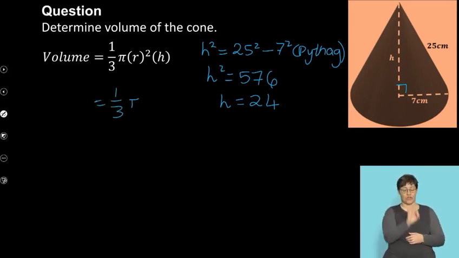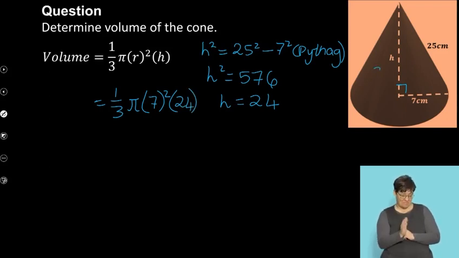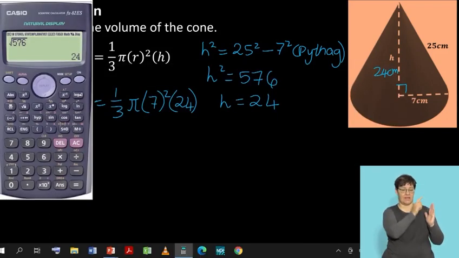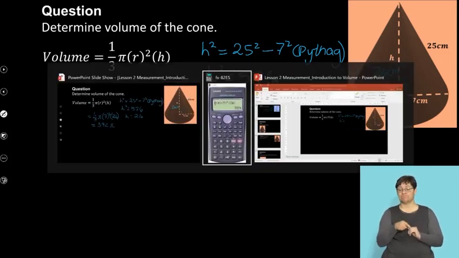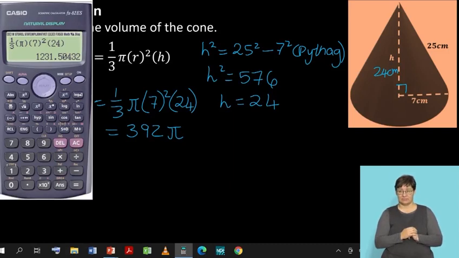So I've got a third pi multiplied by my radius squared multiplied by my perpendicular height, which I found using Pythagoras. So we know that this is 24 centimeters. Let us plug this into our calculator. So it's a third multiplied by pi multiplied by 7 squared multiplied by 24, which is going to give me 392 pi. And if I want to round this off to the second decimal place, we're going to press our SD button. So it's going to give me